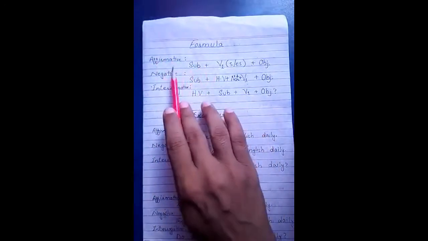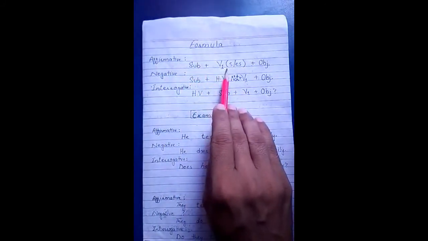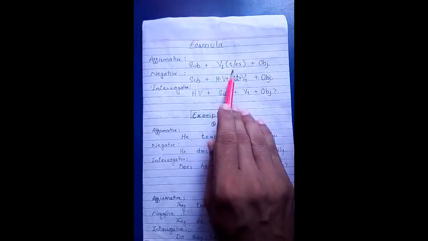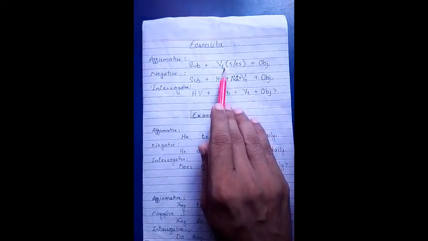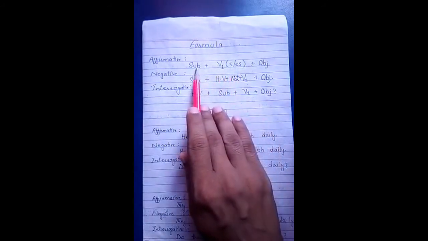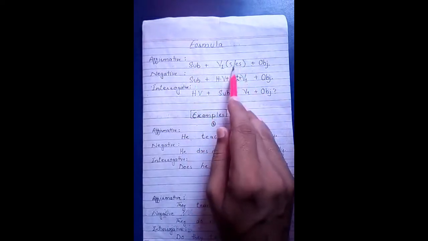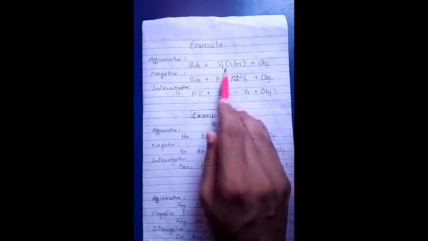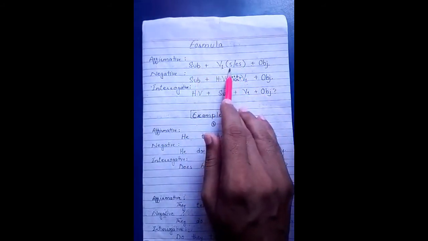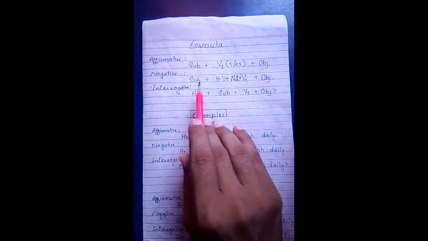So this is the formula, students. You see, first of all we use subject. Subject is the doer of an action. Then we use verb first form. We always use first form in present simple. Okay, and after first form we use s or es. It depends on the subject. When we have third person singular like he, she, it, we use s or es in verb. When we do not have third person singular, there we do not use s or es. And then object is the receiver of an action.